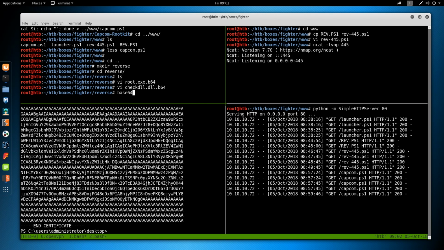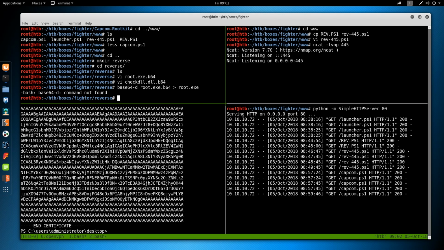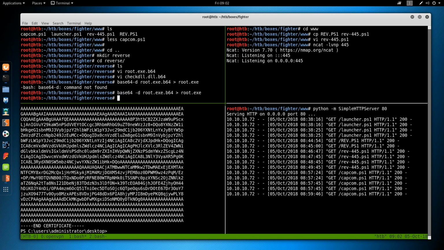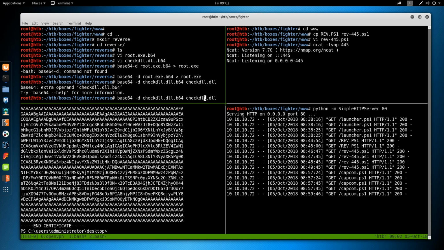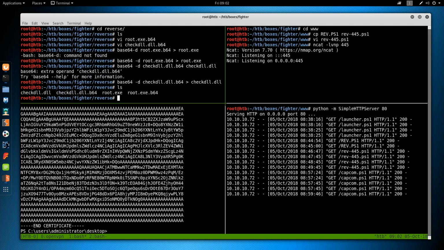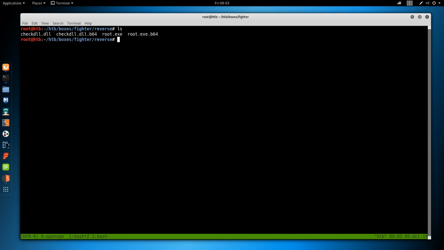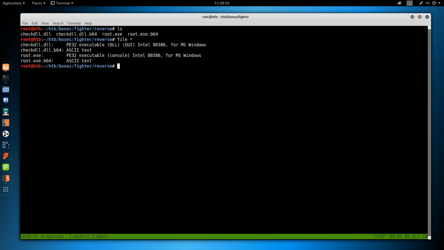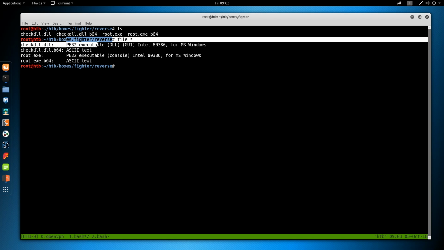Now we can base64 -d root.exe.b64 to root.exe, and base64 -d checkdll.dll.b64 to checkdll.dll. And we can do a file on everything, and we see we have successfully put the executable and DLL on